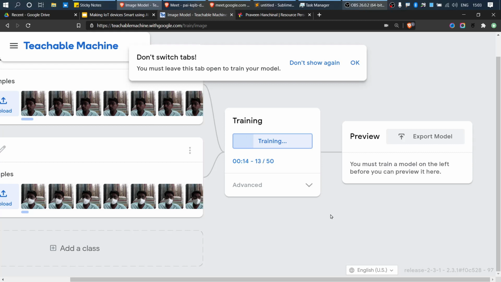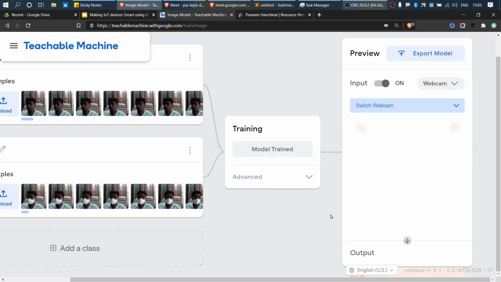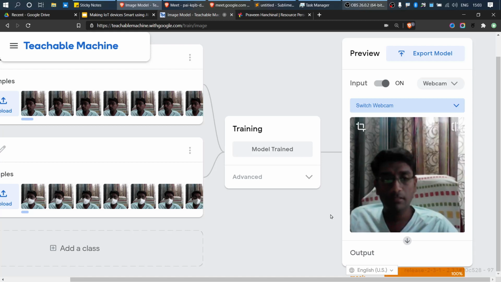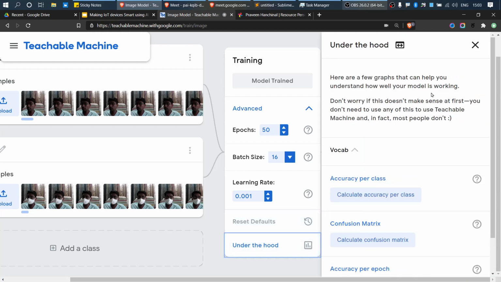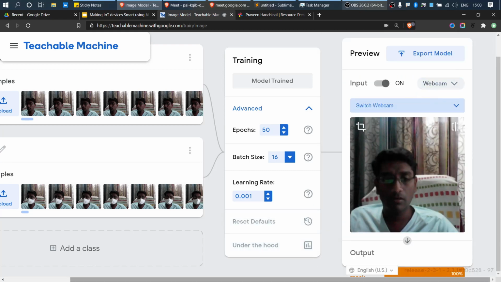So there are a few fallbacks regarding machine learning models. Because it requires high processing power, that's the reason I suggested you do it on a laptop rather than a mobile phone. I'll just wait for it to complete. You can see if I show you my task manager, it's almost full. The reason is the model is now being trained. You can see there are some epochs, batch size, learning rate. Even if you are interested, you can go under the hood and calculate how things work. Finally I'll come to the right hand side part.